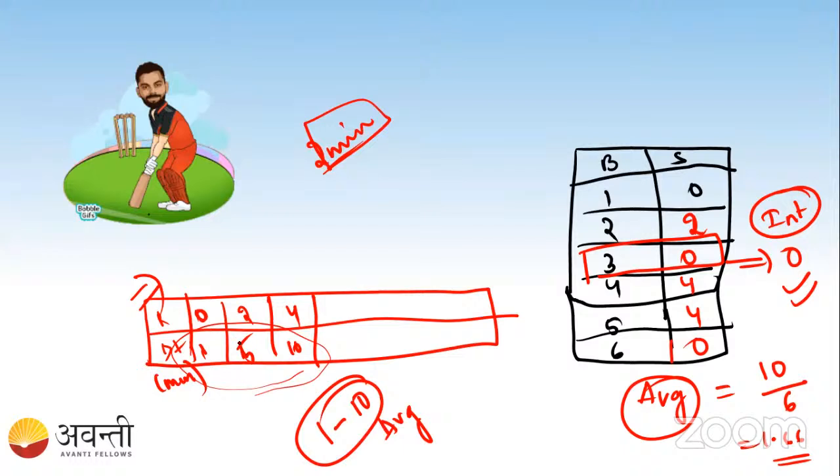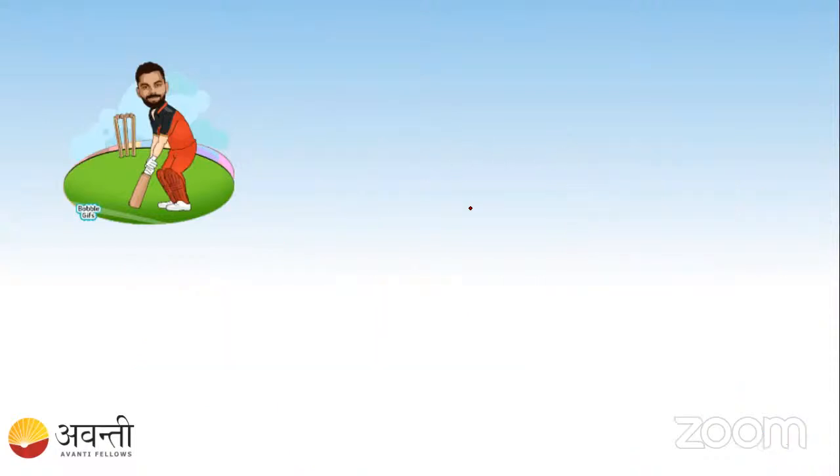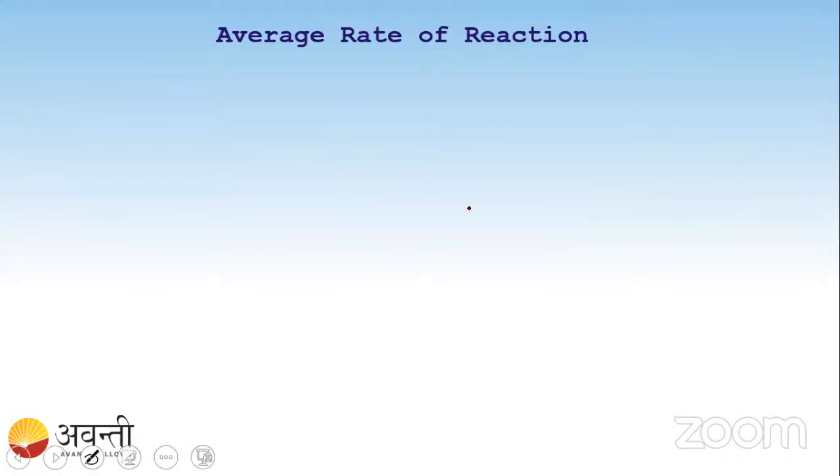Or how much amount of product is forming at the 5th minute. You can clearly see from this table that at the 5th minute, I am getting only 2% of the product. So if it is exactly confined to that particular time, you will call that the instantaneous rate of reaction. If it is confined to an average, like to a range of delta t, that is from 1 minute to 10 minutes or 10 to 20 minutes, you will calculate it as an average rate